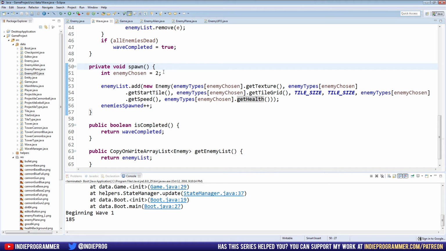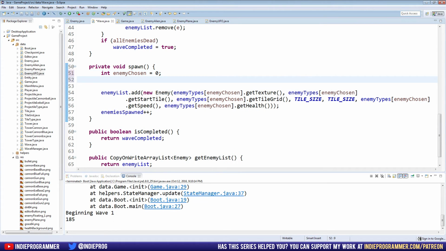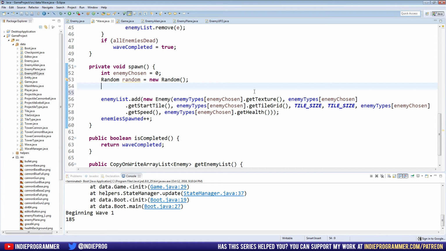So we have int enemy chosen. I'll say for default, we'll start it at 0. And after that, we're going to make a new random. So random equals new random. You can hover over that and import it, or hit Control-Shift-O to import it. And we're going to say enemy chosen equals